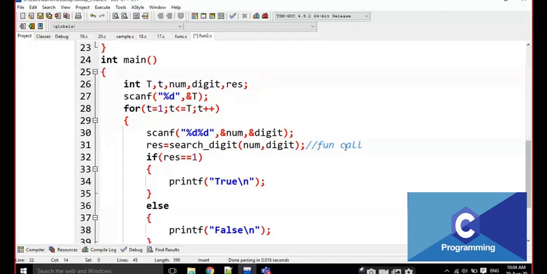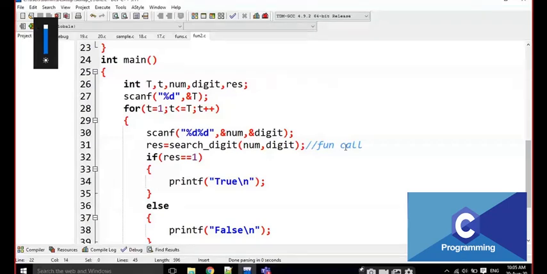What is that? Here I am telling you, nearly some 10 to 15 programs, I think, all the previous programs, try to convert all those 10 to 15 programs into functions. At least 5 to 10 programs you have to write, then only you will understand, yes, this is the function call. Previously I discussed nearly 10 programs, I think, 10 to 15. Just convert all the programs into functions. Then only you will get a clear idea, yes, we have to write like this, the function definition. Then you will get a clear idea about all these things.